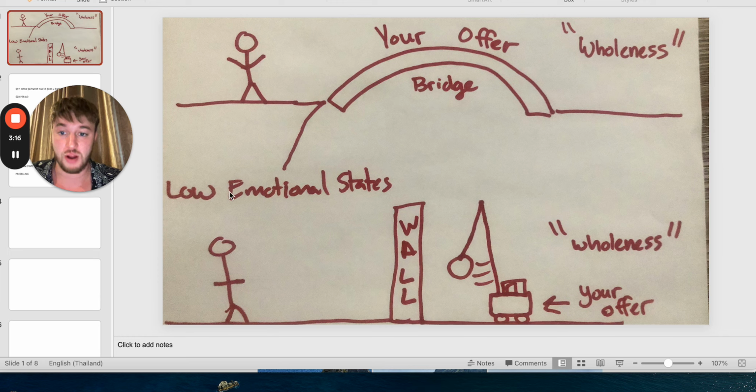As you can see over here, we have low emotional states. This is the person. There is the big wall. They have a problem, and then wholeness, your offer, right? We solved the pain, the problems. So we put them with our ads on TikTok or Google or Facebook or YouTube into the problem state, and from the problem state they get through 5 points into the solution state when they go on Clickbank, watch VSLs, video sales letters, and buy the product, right?